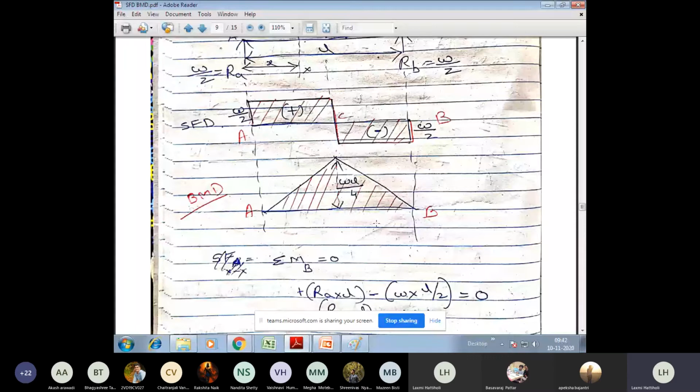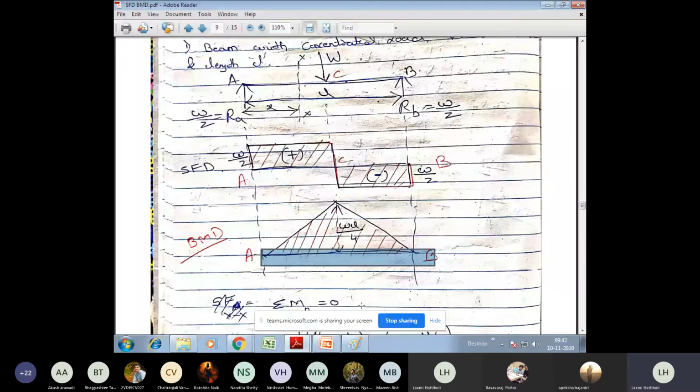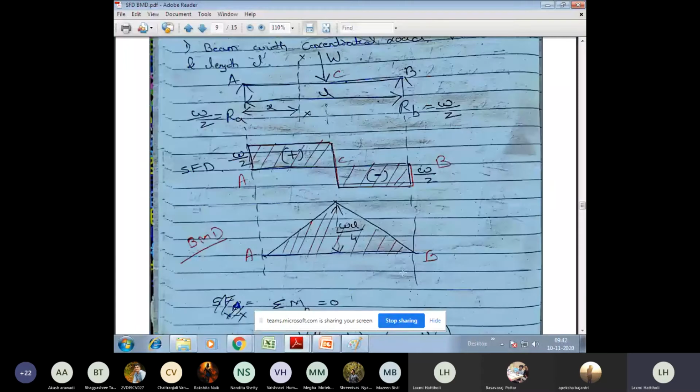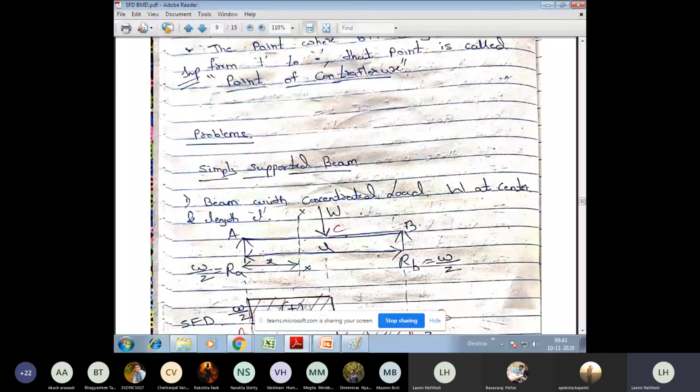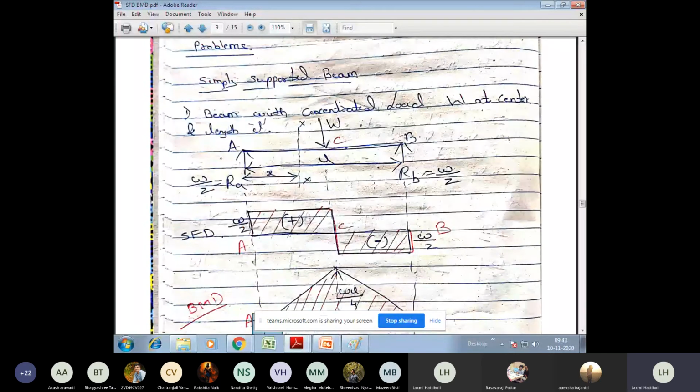Okay. So if you remember, this is my bending moment diagram. And this is my baseline. Above the baseline positive, below the baseline negative. Now at A point, if you observe here, I have taken it as 0. So I hope this bending moment at A is understood to you. Now I'll come to the bending moment at C.